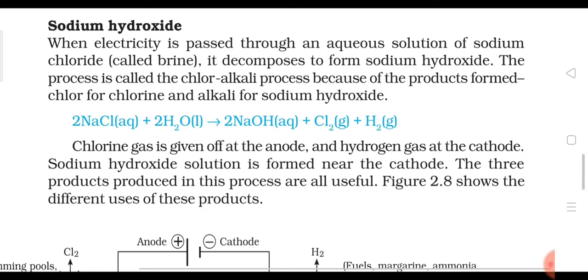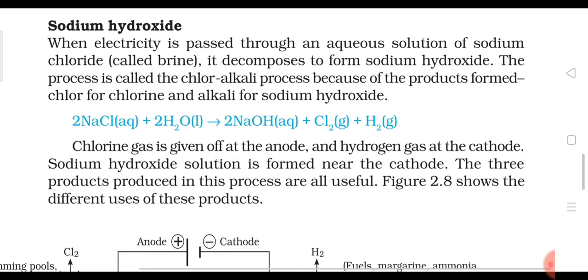So next given is the equation related with this process. Sodium chloride aqueous, so this is showing brine actually, and then water is also given as a reactant. It is because water is taken in a large amount. Then the products which are getting formed are sodium hydroxide, which is the main product, whereas chlorine and hydrogen. Now you can see beside chlorine and hydrogen they have used the physical state g. That means they are produced in gaseous state and they are considered as byproducts.